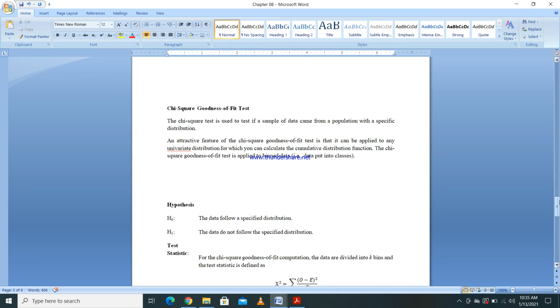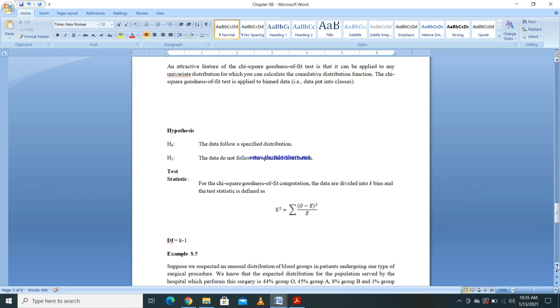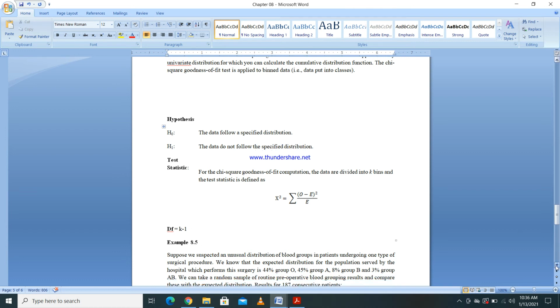If you want to check whether these data are following a specific distribution, again you can use the chi-square goodness of fit test as well, right? When you are using the chi-square goodness of fit test, as your null hypothesis, you can say the data follow a specific distribution, and as the alternative, the data do not follow the specific distribution. And this is the chi-square statistic that we are going to use. When you calculate the degrees of freedom, you have to check how many groups you have. That we have to take as k. If you have k number of groups, k minus 1 would be your degrees of freedom.